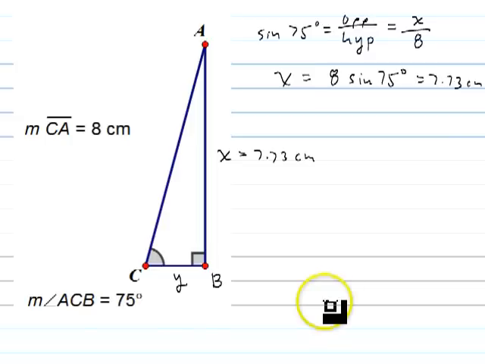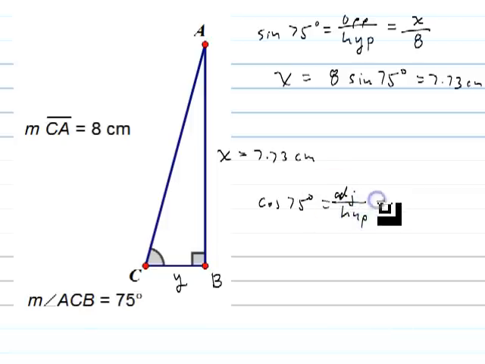If I want to figure out what y is, I have two choices now. I could use the Pythagorean theorem because I know two sides of the right triangle, or I could use the fact that the cosine of 75 degrees is equal to the adjacent side over the hypotenuse, the big side. The adjacent side is the y that I don't know. The hypotenuse is 8. If I multiply both sides by 8, I learn that y is equal to 8 times cosine of 75, which, according to my calculator,